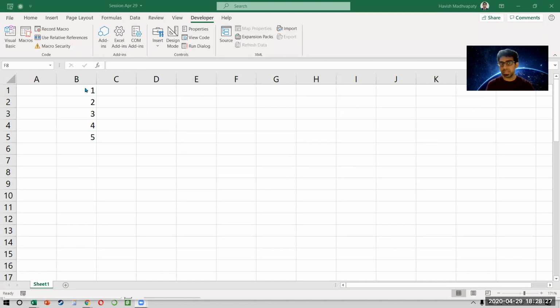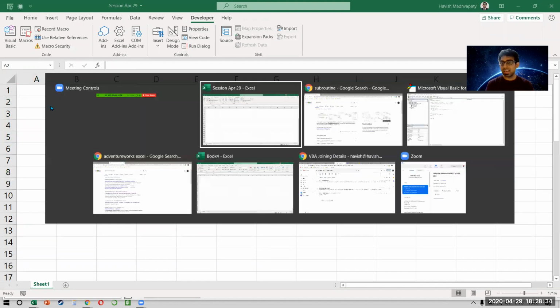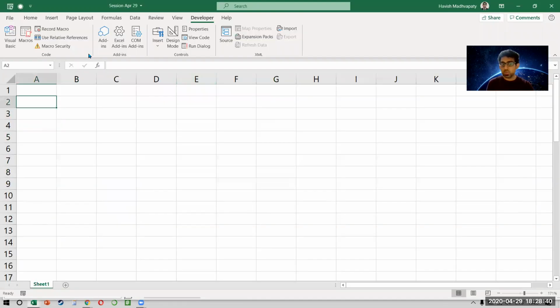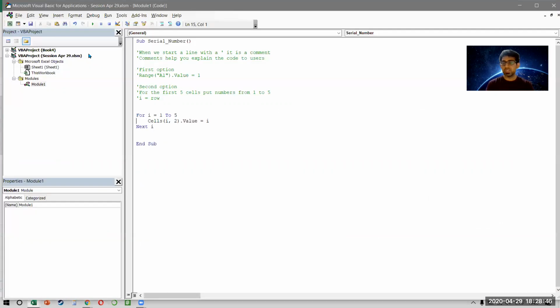Let's take another example. Let's say for some reason, you wanted the value to start at A2, not at A1. Can anybody quickly tell me what do we need to change here? The question is, I don't want 1, 2, 3, 4, 5 to start on A1. I want it to start at A2. So what is the change that we need to make? It's a little tricky. Just think about it.